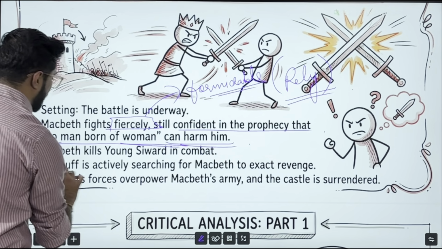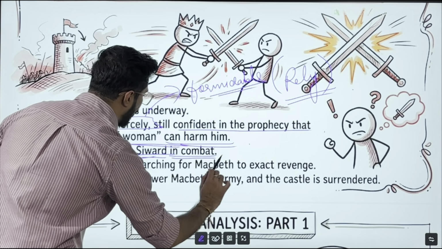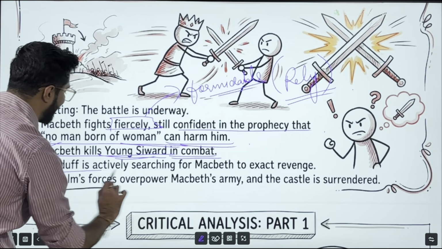Macbeth, in his rage, kills young Siward in the combat, in the fight, and Macduff is actively searching